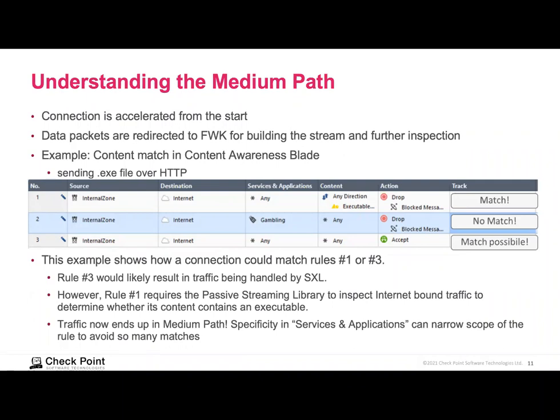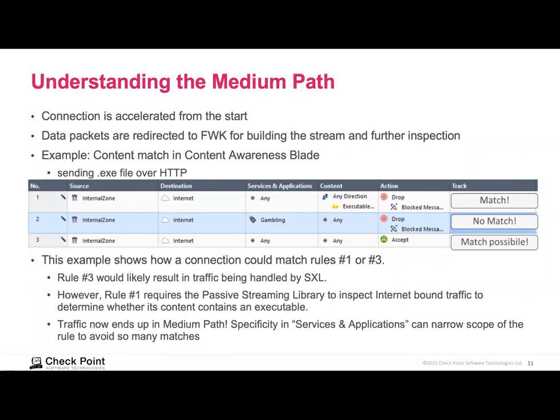So we have 2 possible matches here, where the first match is going to be the one we're going to hit. And because of that, all of this traffic going out to the internet is going to hit the medium path, regardless of what it is, because it's such a generic rule. And so this is kind of an example of a rule that's not written very well,